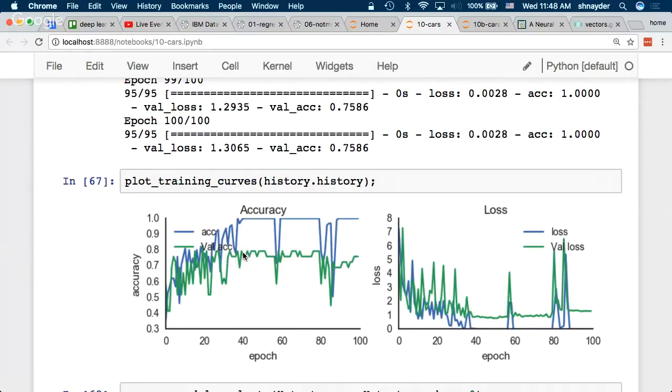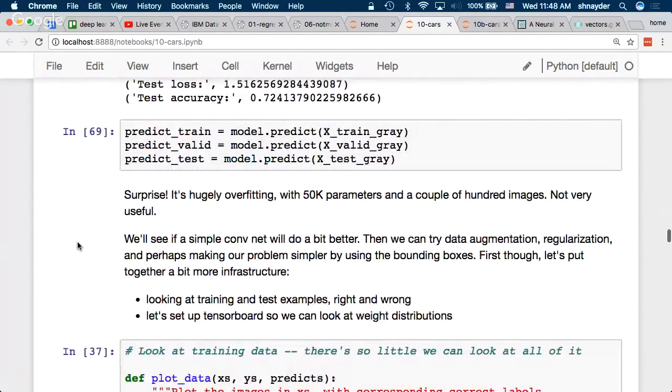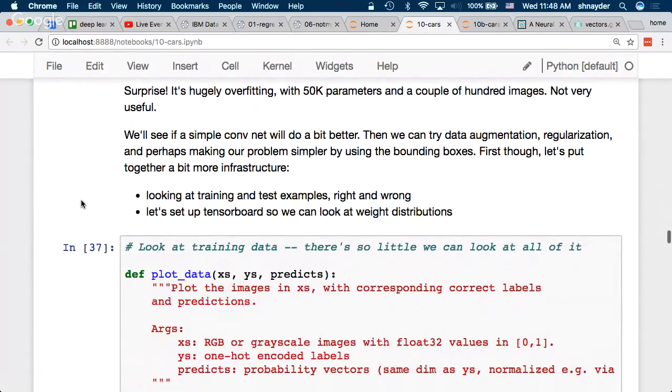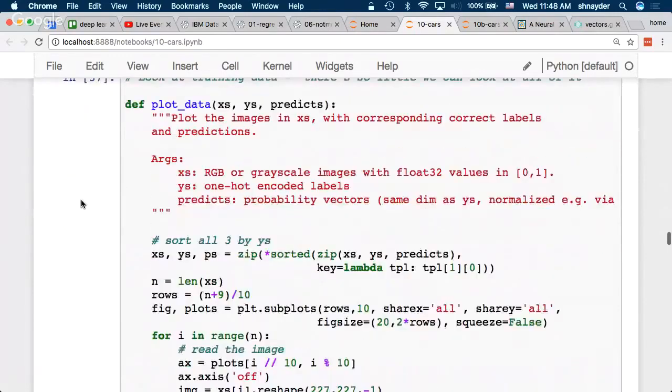I'm kind of surprised by this, honestly, right? Somehow it managed, even with a really dumb logistic regression model, logistic classification model, I guess, to get something like 75% accuracy with 50,000 pixels. So it figured out something, but it's not very good. So fine, right? So let's try a basic convolutional network. Yeah, that's going to be the next thing.